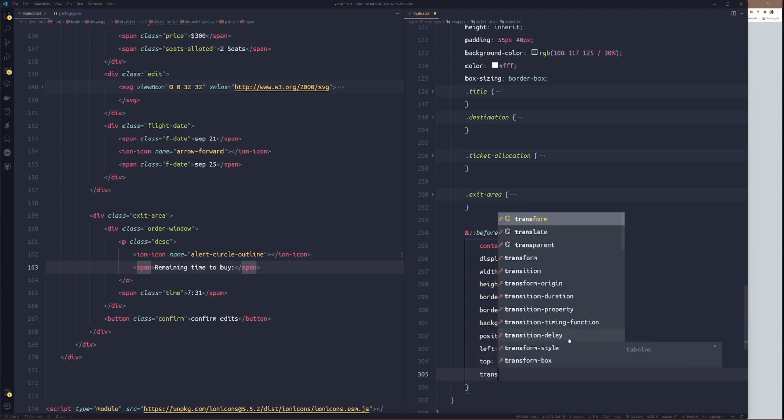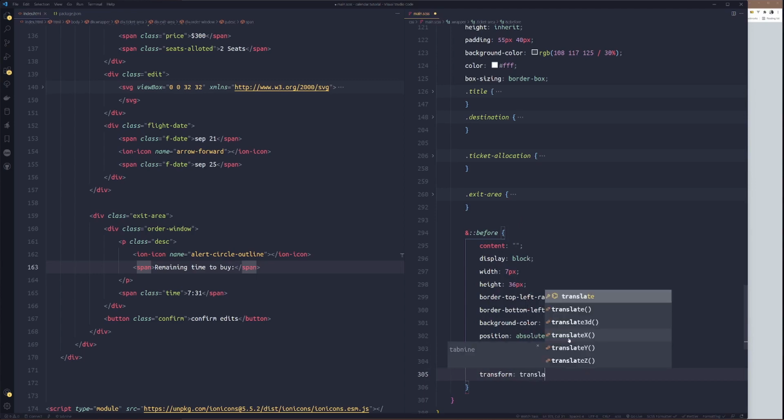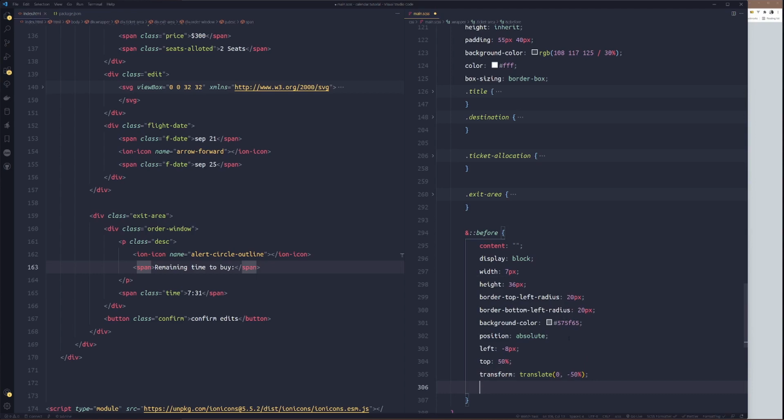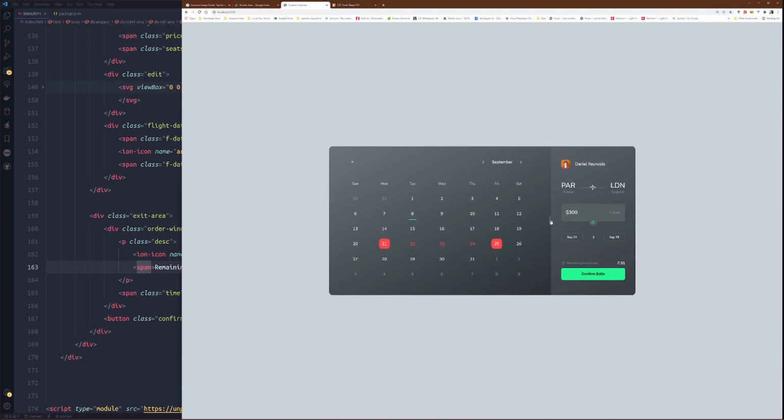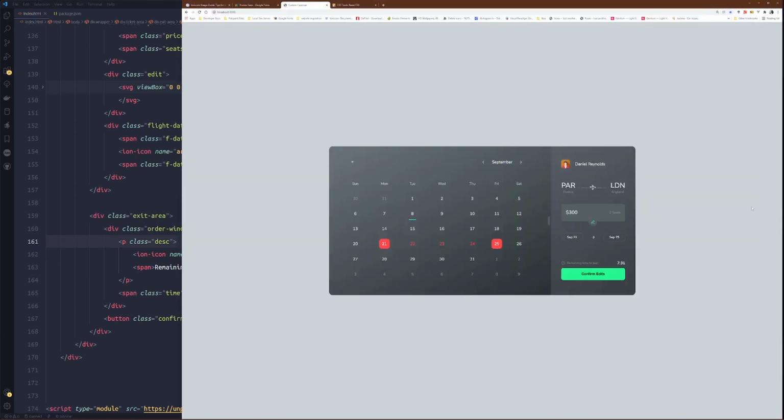Then transform translate Y, so 0, -50%. Then we set the cursor to pointer. So let's see, suppose that comes up. Alright, we did not get this item here. We need to push them out small. So instead of 8, if we take them to like 12, should be okay. Alright, so 12 they're okay. So would they leave out anything? I doubt.